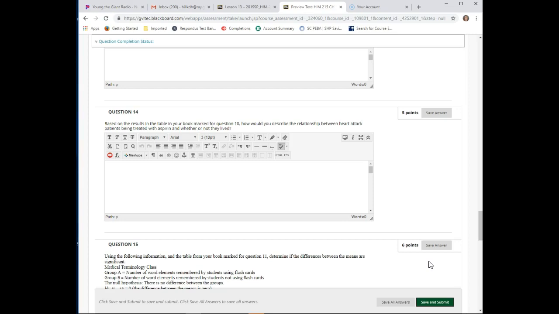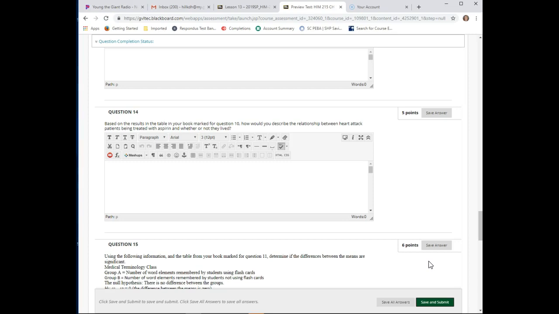You've got 15 who lived and 2 who did not. Under male heart attack patients not treated with aspirin, you have 4 who lived and 8 who did not live. And so you end up with a probability of less than or equal to 0.01. That's statistically significant when you look at that number, right? So your answer for that one would be